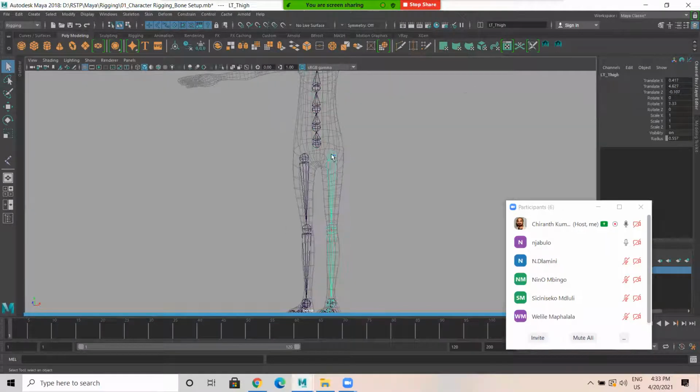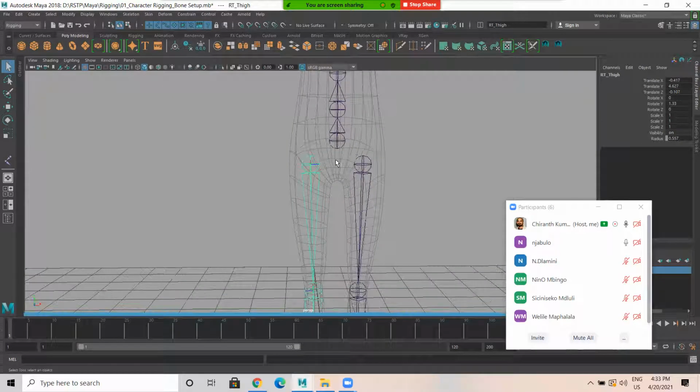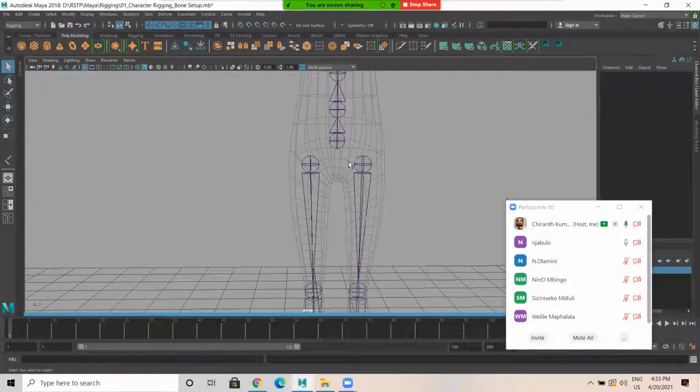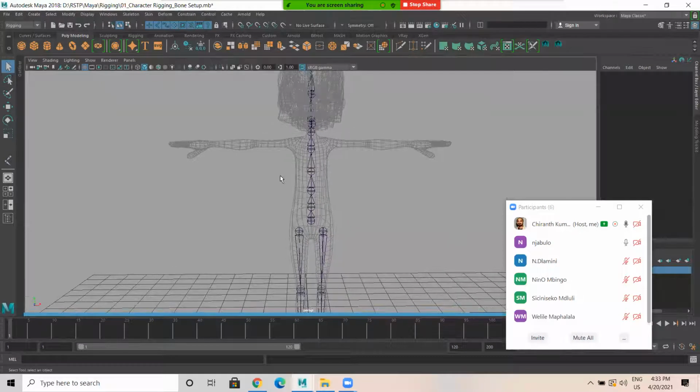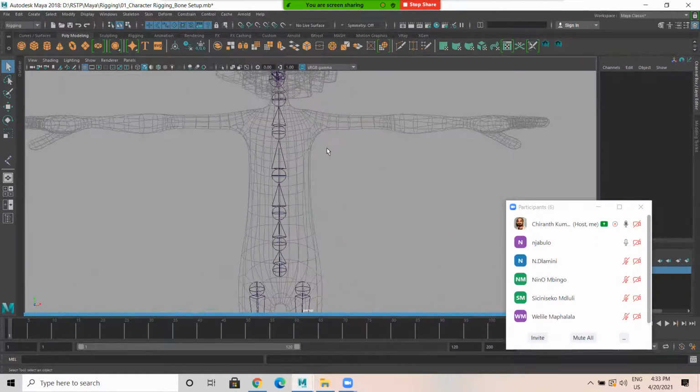The lower part of the body, you have thigh, left thigh, right thigh. You get one more joint here, that's a pelvis or cog. This joint will become child of the cog. Then cog becomes the main joint for the entire body. So the next, here the spine 4 is the no. So from here, we should have another set of joints for the hand purpose.